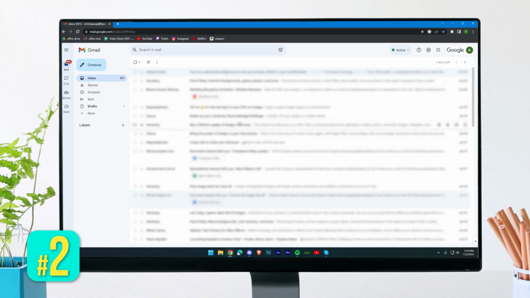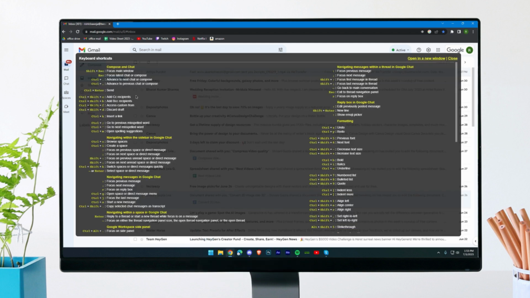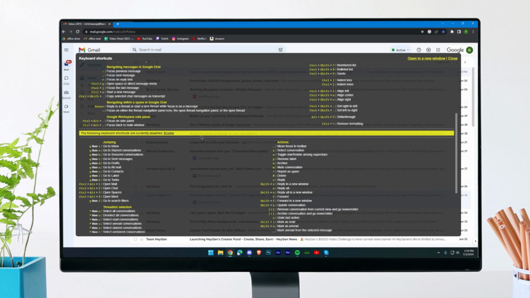Number two, press the shift key together with the question mark key. This opens up all the available shortcut keys, and yes, don't forget to press the C key to compose a